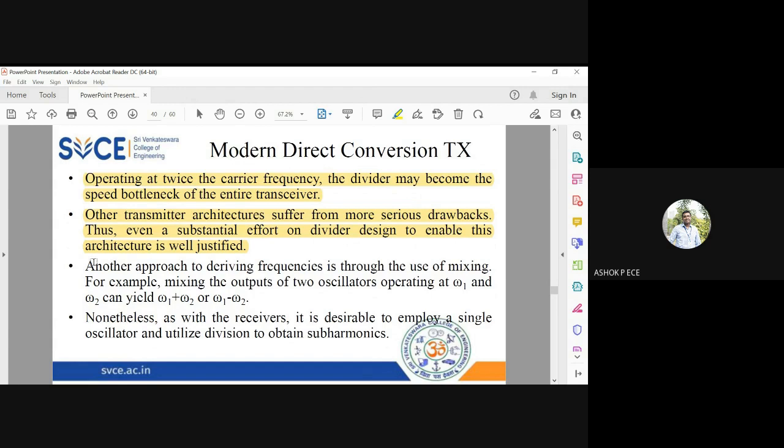Another approach is deriving frequencies through the use of mixing. Mixing the output of two oscillators operating at omega 1 and omega 2 can yield the difference frequency. So now you can employ an oscillator, you can use the